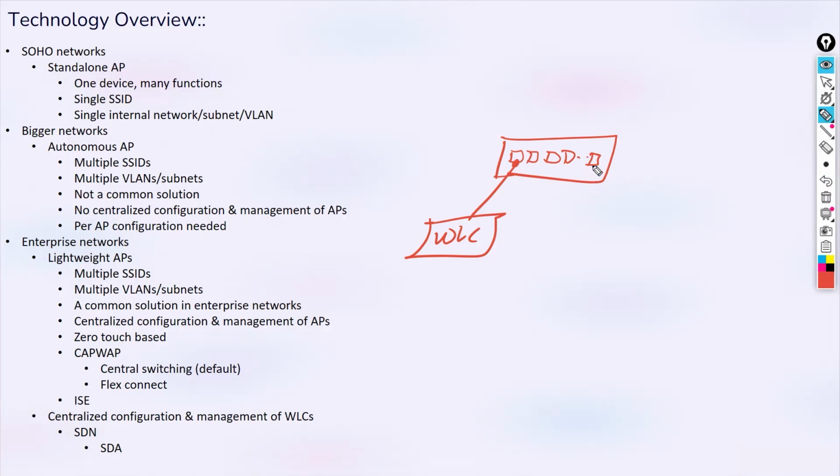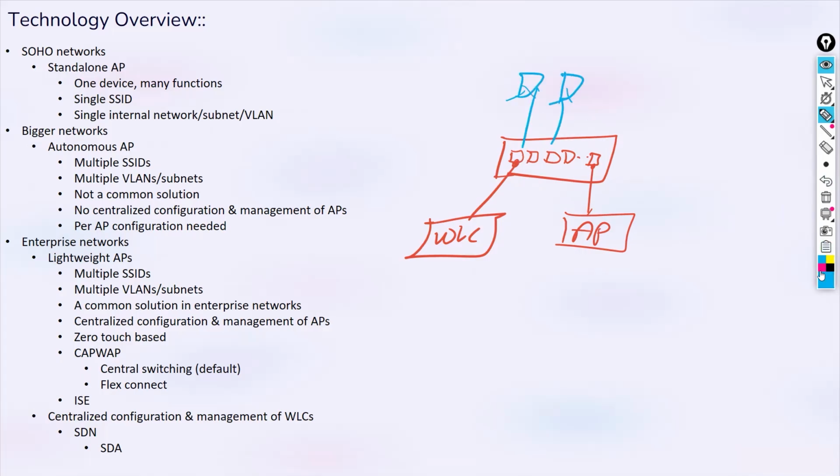We'll discuss what that is. And let's say I have some AP or APs, okay? And we'll have a VLAN dedicated, a subnet dedicated for that. And let's say I have the need for some sales devices.